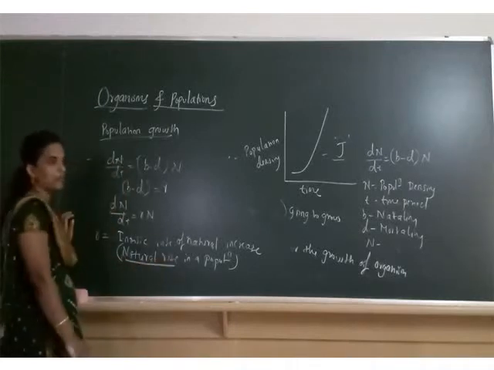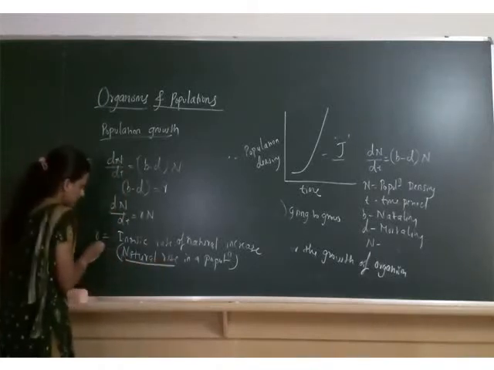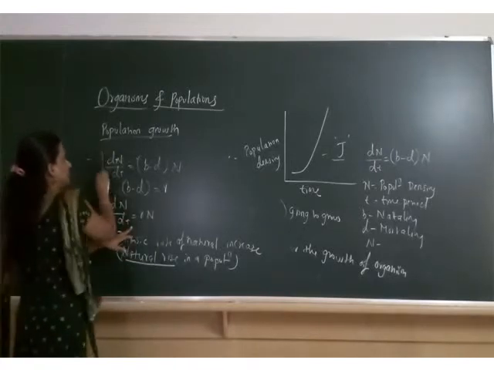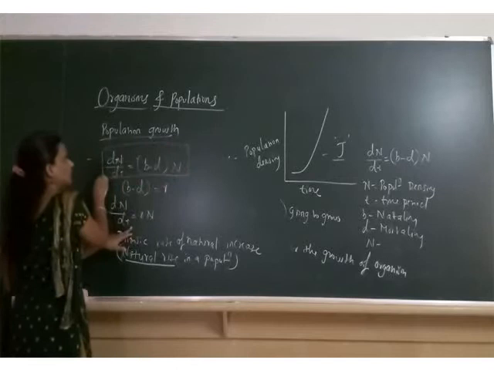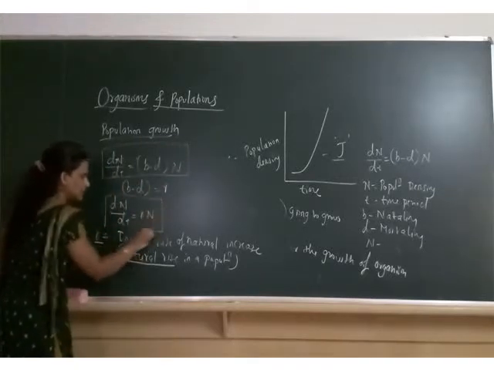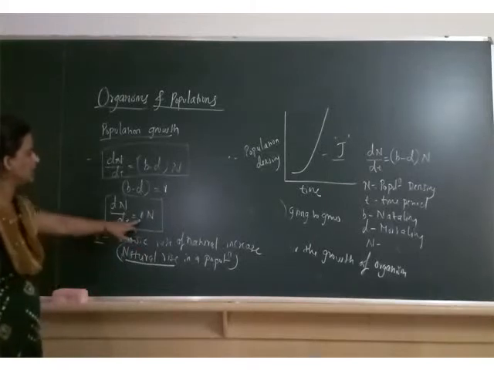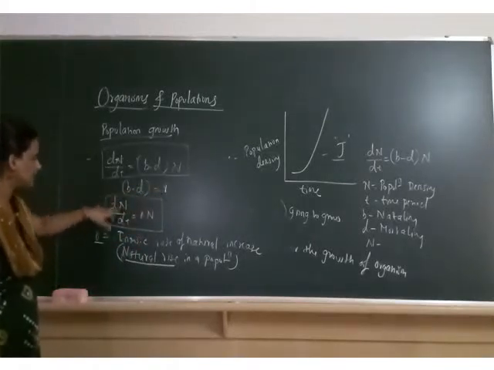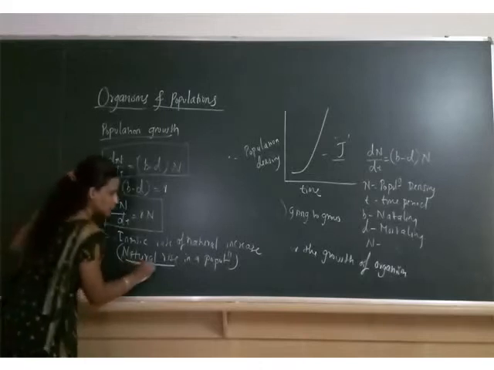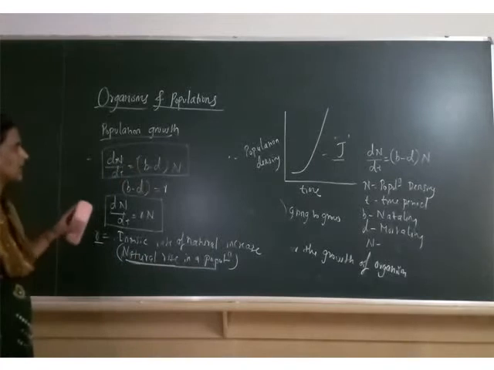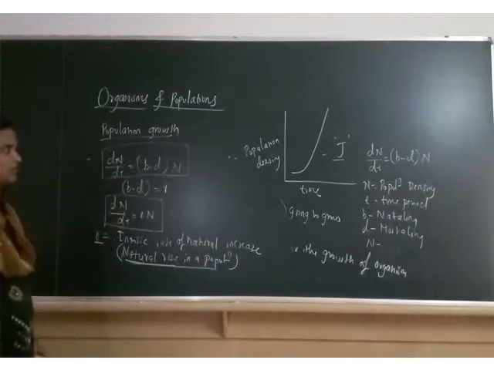usually there is a natural rise in the population, and that is represented by r. Okay, and this simple formula is again represented like this: dN divided by dt is equal to rN. r refers to b minus d, means r means what? Natural rise in a population. Like this we are going to calculate. This is the simple formula of the exponential growth curve.